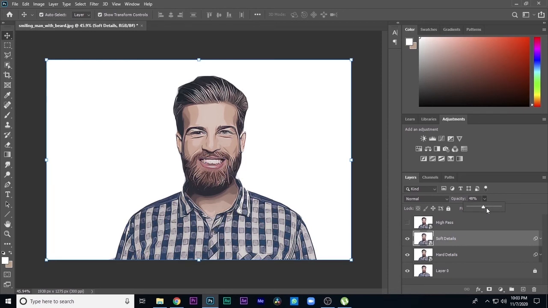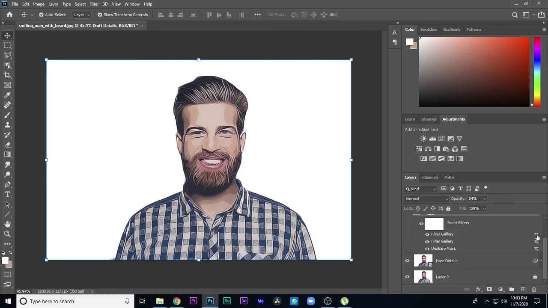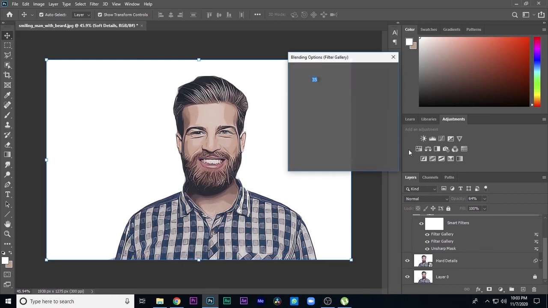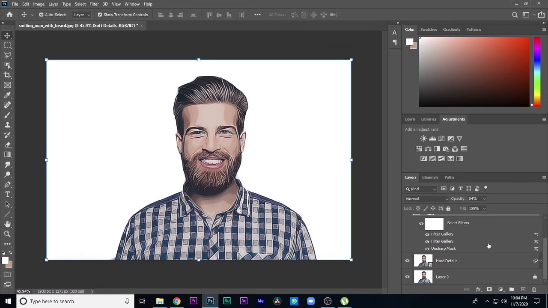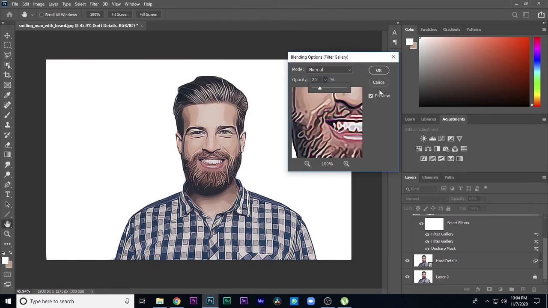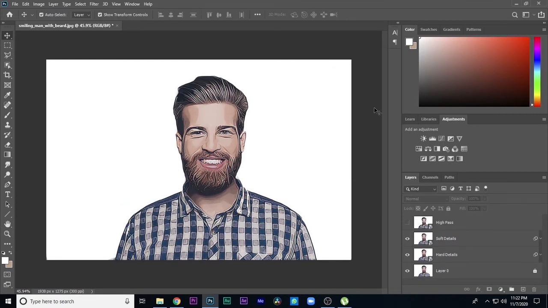Okay, now I'm going to adjust and show you. You can adjust in the smart filters too. Go to Filter Gallery, the first filter gallery, and you can adjust those opacities and other options. I adjusted all things, and now the missing things are the details.